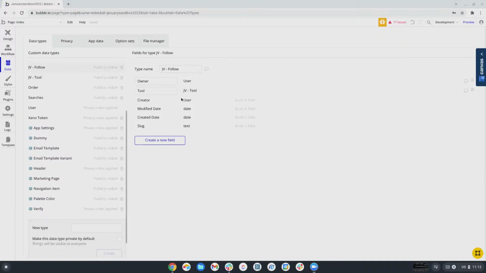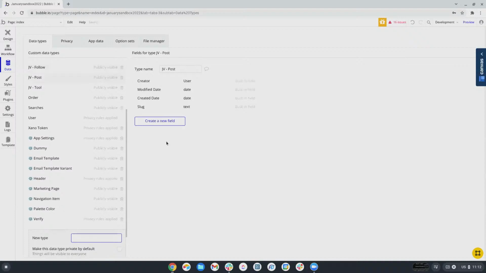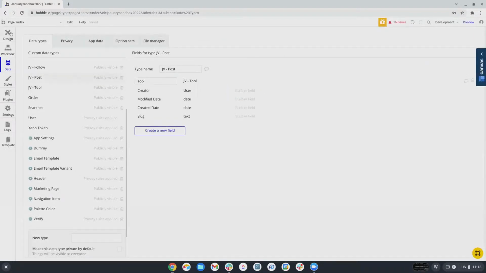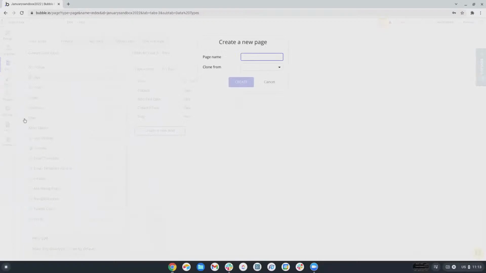The reason for doing this is now you also have a post, and the post is going to have a tool of type tool like that. And what we want to be able to do